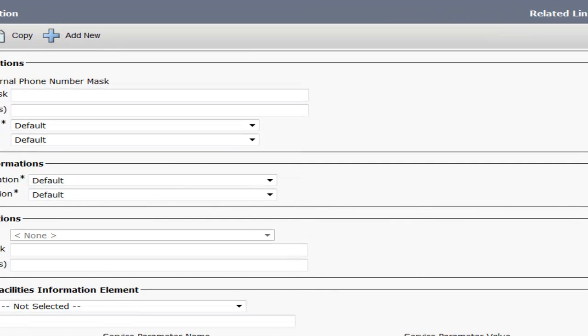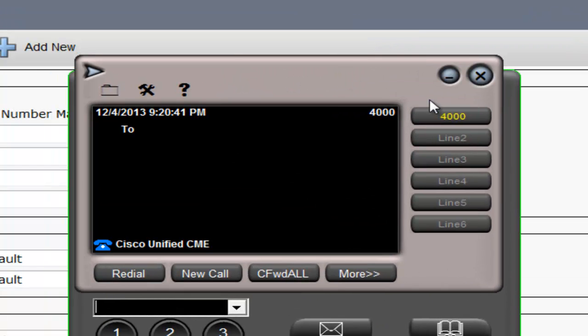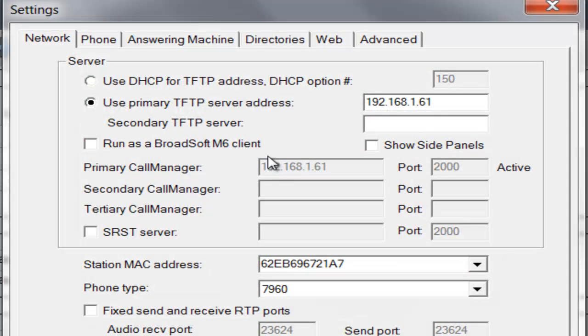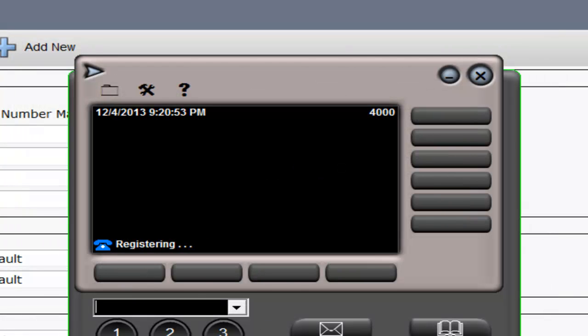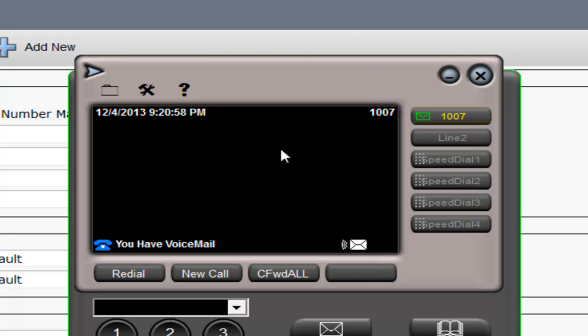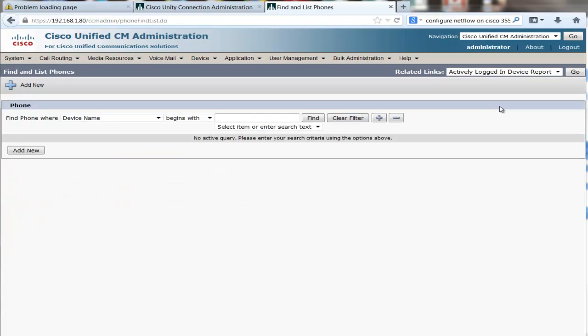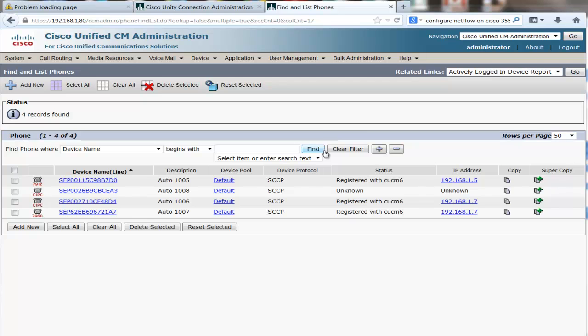So let's go ahead and change this setting here from my CME, and I want to link it now to my CUCM server. So I'm going to change the IP address to the IP address of my CUCM server. Automatically it just reboots and registers back in. If I go to device, phone, click on find, you're going to see all the listed. So I have a couple devices here